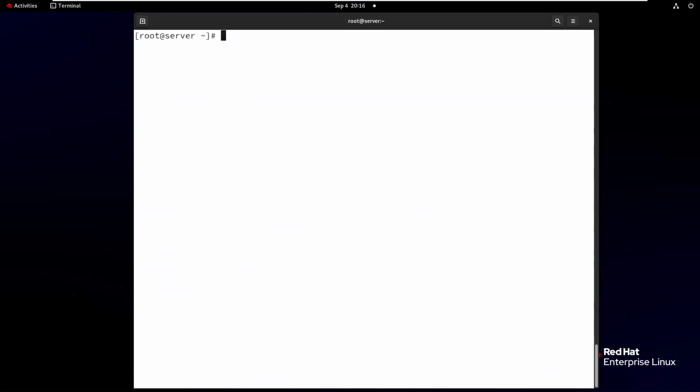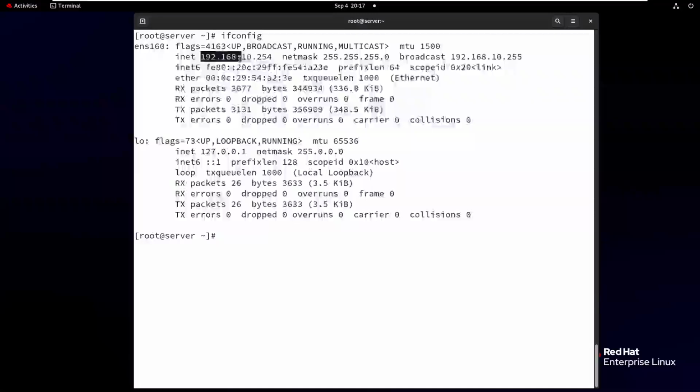Okay. So once the service is started, another important point is your system IP address. 192.168.10.254 is my server address. And even my computer's fully qualified domain name is server.example.com.